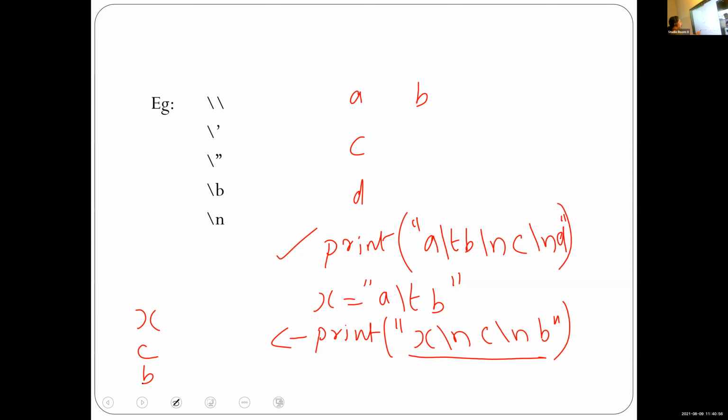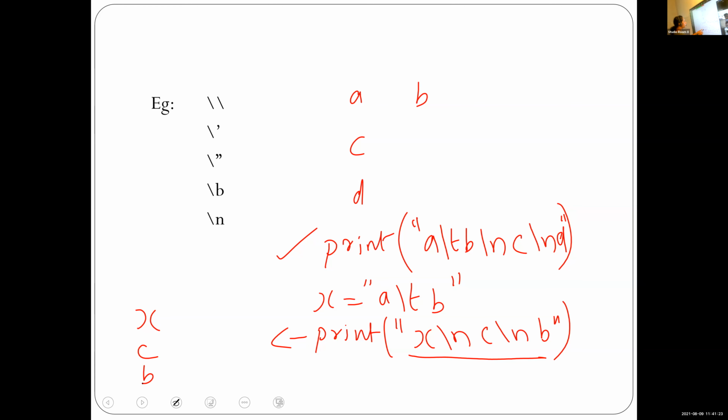If you write a statement like this, print x slash n c slash n b, it means x is displayed here, not the content of x. It will just display the content within the double quotes. So the output is x, after that slash n, so after x, c, then after c, b.